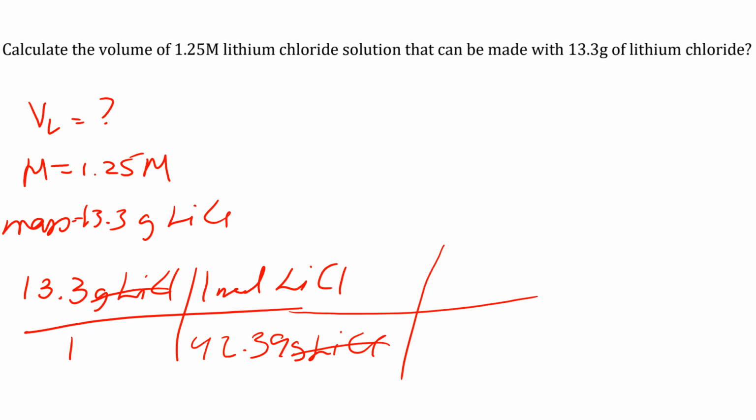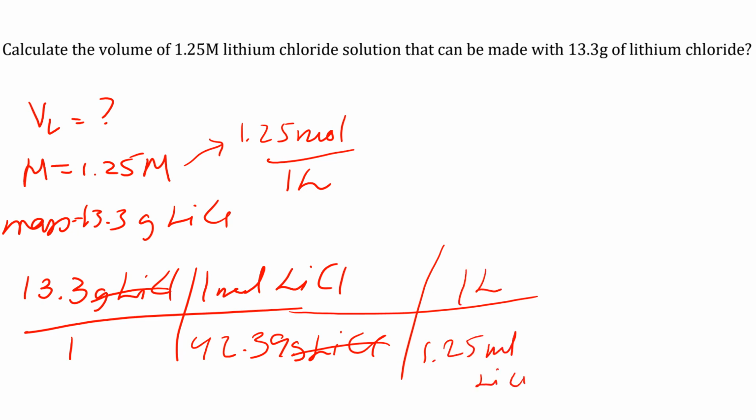We're trying to find volume. So remember that when you see capital M like this, it is actually 1.25 moles per 1 liter for my molarity. So I can treat this as a conversion factor. So 1.25 moles of LiCl on the bottom, 1 liter on the top,